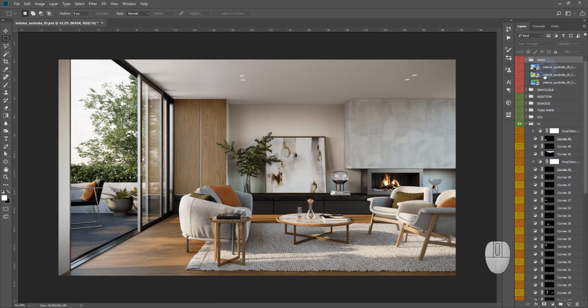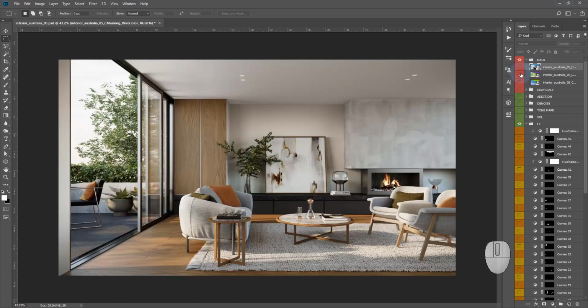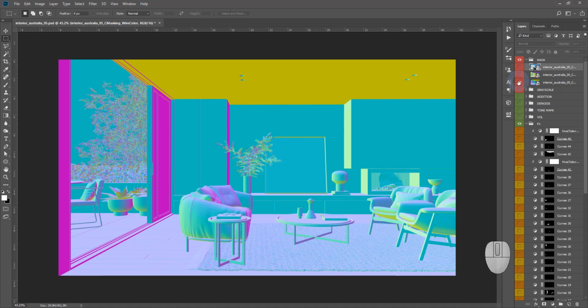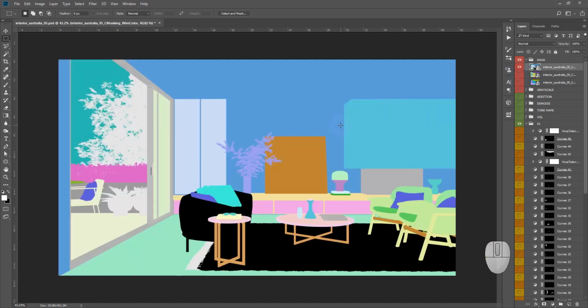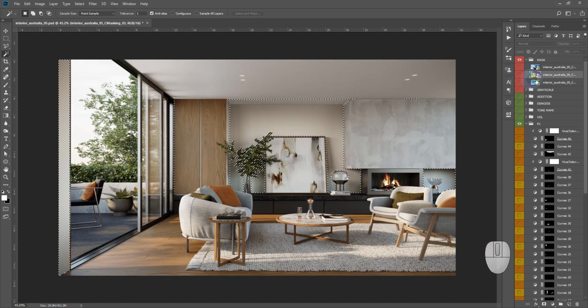So I go to the mask I need. We have wired color and masking ID. We can choose any object by colors. For example, I want to choose. I select masking ID in this case. Just by selecting the objects, we can see that it works quite well. But even with the layer turned off, we can select the required object in the same way.